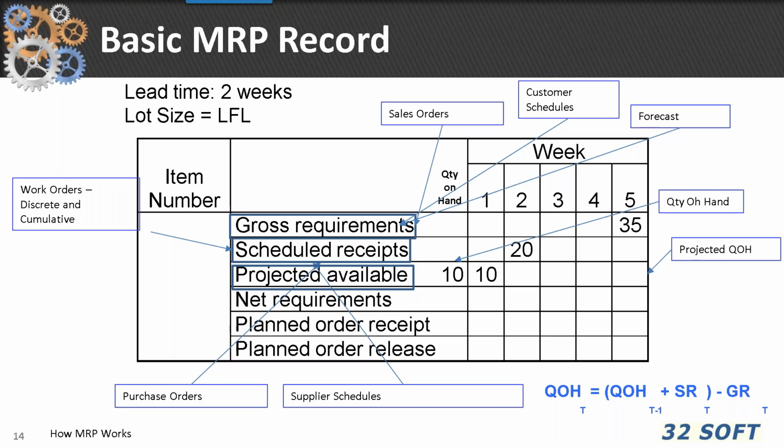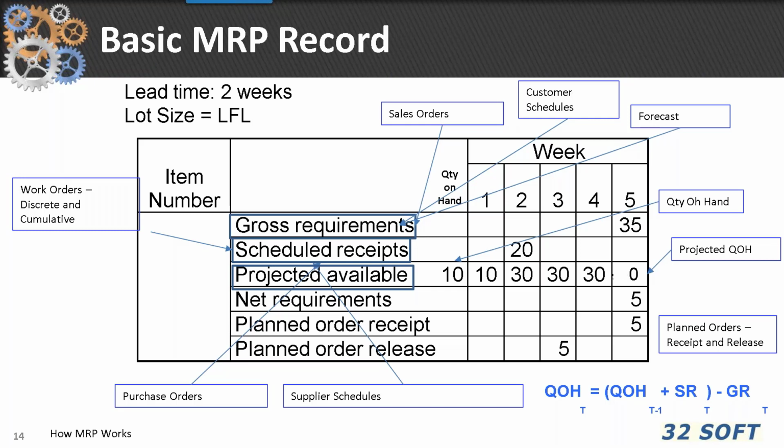So the new projected available equals 30. We take that out, and when we encounter the 35 required in period 5, the projected quantity on hand goes to a negative. A negative projected quantity on hand equals a net requirement. MRP is going to plan for the satisfaction of that net requirement by a planned order receipt offset by its lead time, and MRP will come back into inventory and net, and then that is going to carry off into